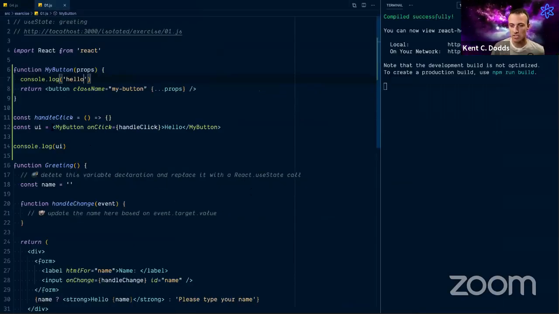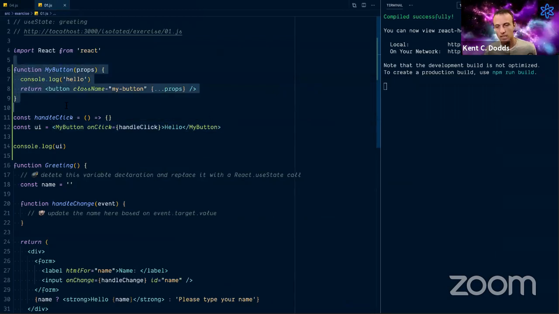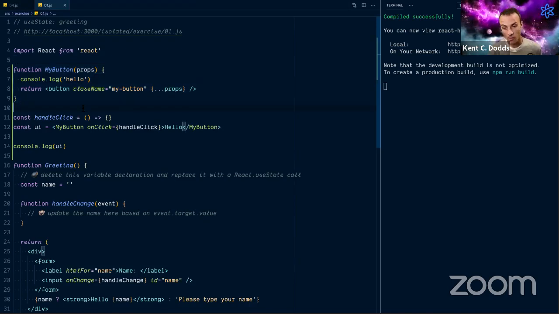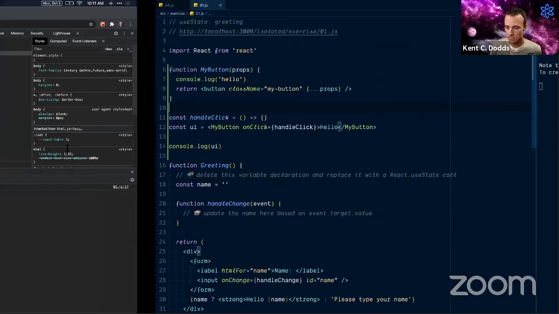So just because you create an element doesn't mean that your function is going to get called. The function is only called when that element is going to be rendered. So that's a very important distinction. But what happens when you say, okay, let's render this thing to the page using React DOM.render, what happens is React says, okay, let me take